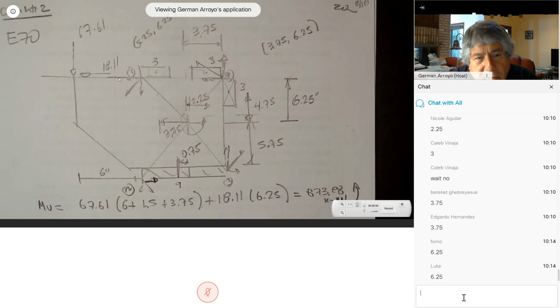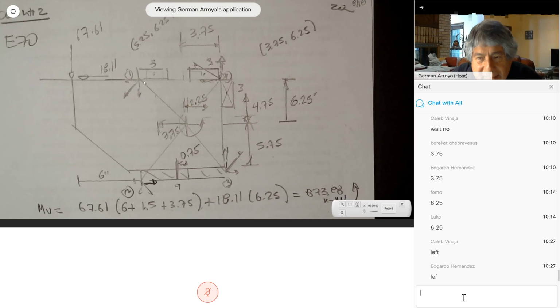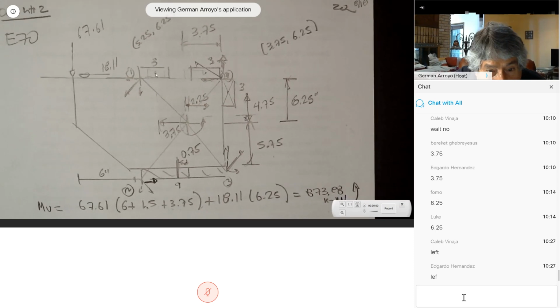Which one is the critical point? This point on the right or this point on the left? Anybody? Left. The left. Okay, so I'm going to compute the moment,